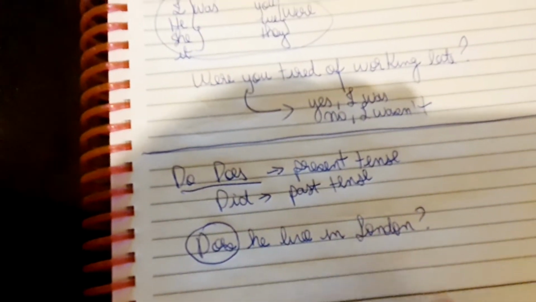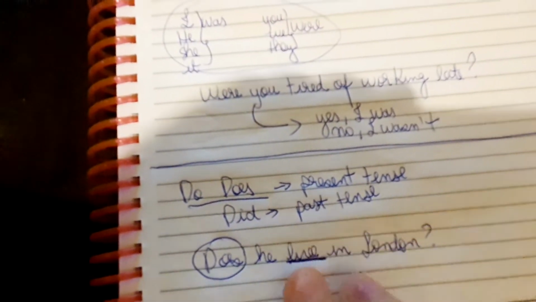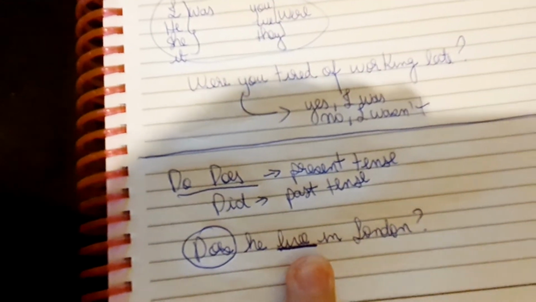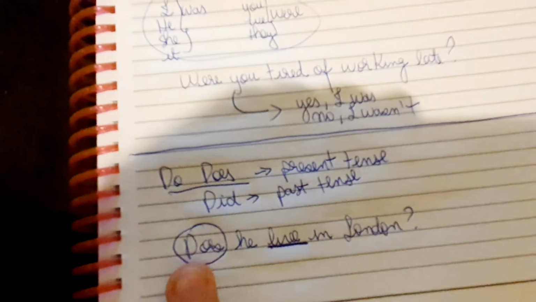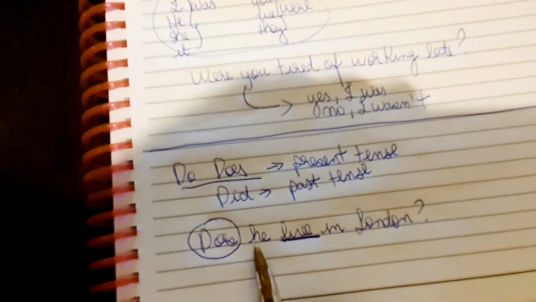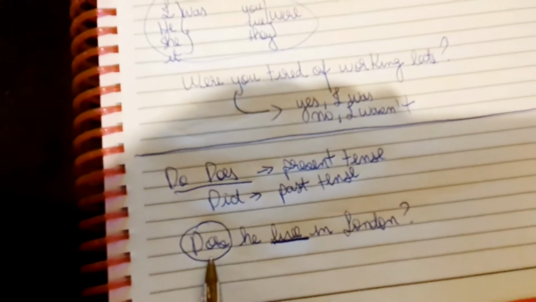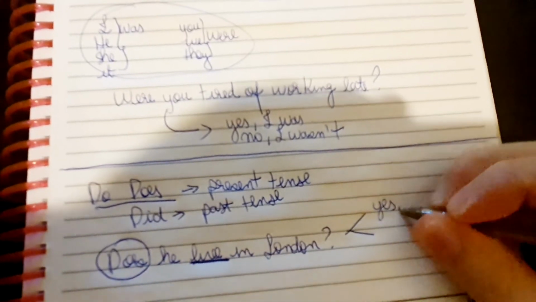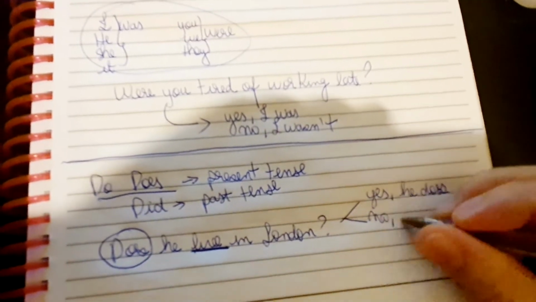This is the first case that we study here, that the main verb of the sentence is not able to make questions alone. It requires an auxiliary verb to make questions. So I use does because as we have already studied previously, for he, she, or it, I use does to make questions. If I want to give short answers, I say, yes, he does. No, he doesn't.